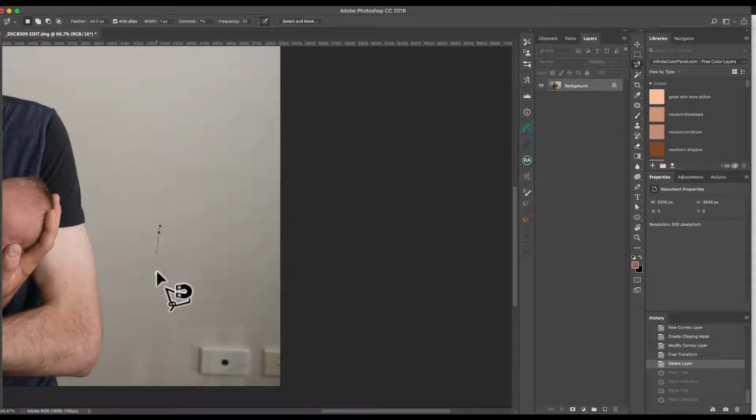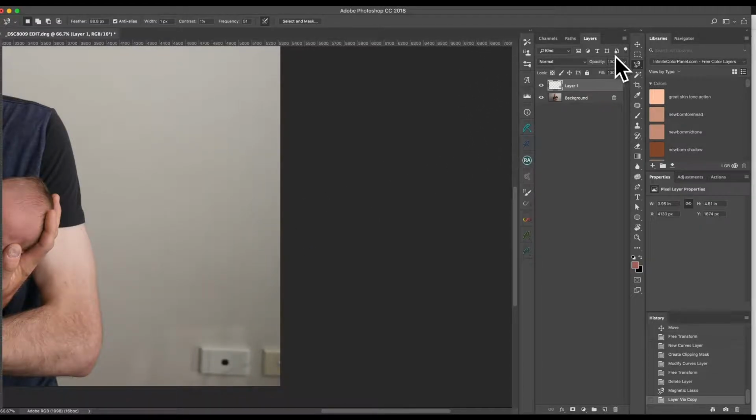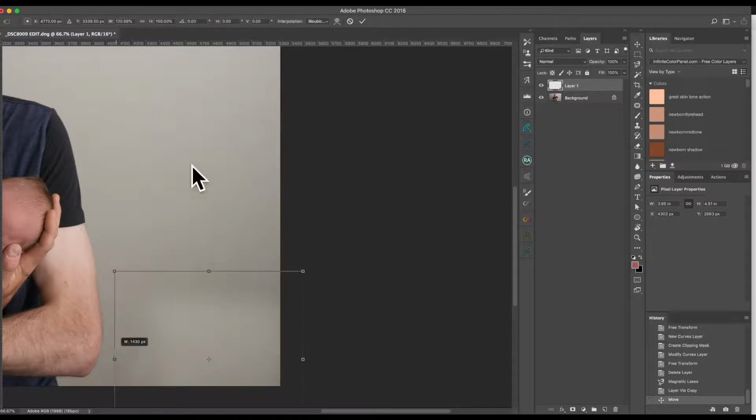is sampling the wall with the magnetic lasso tool, feathering it around 100 or 80 to 100, layer by a copy, click on that layer and bring it down and cover those power points. Adjusting now with the gradient of the light and how the light is getting darker at the